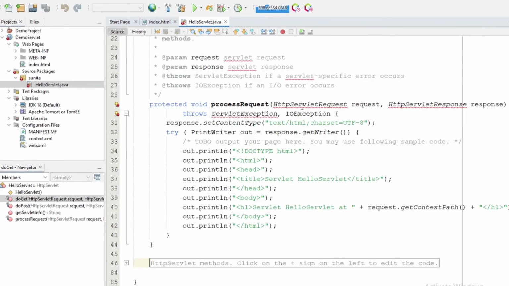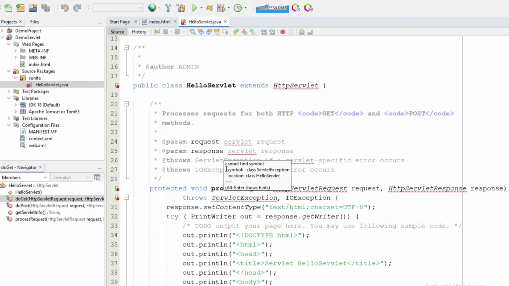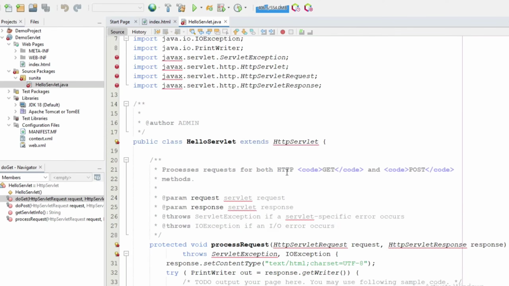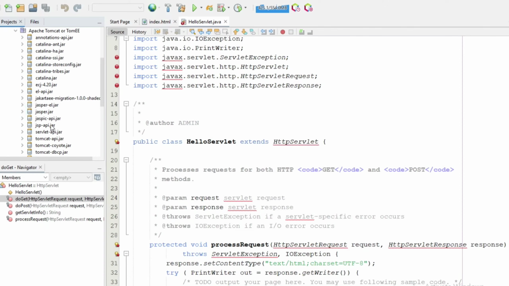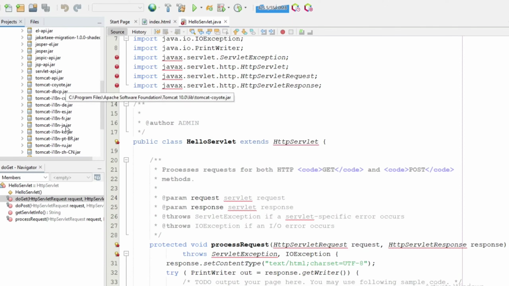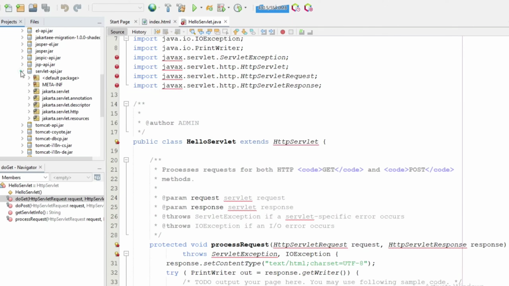But before that, it's showing me several errors. Let's solve those errors. During installation, I told you that the javax package does not exist in Tomcat 10. So we have to replace this by Jakarta. If you explore this Tomcat, you can see here we have servlet API, and under that you can see jakarta.servlet.annotation, jakarta.servlet.http.